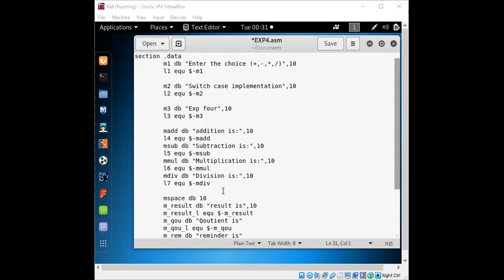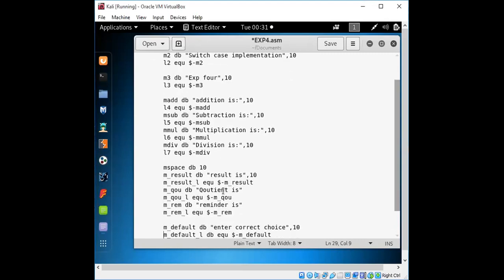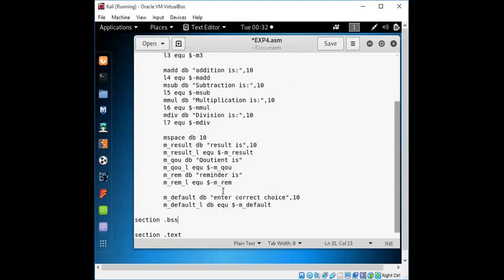So we'll take the BSS section, or reserve space. In this you can either mention the macro, or if you want, you can specifically mention it outside the BSS, also at the start of the program. It is like a general or common function call which we can perform with multiple operations. So you can mention it either in the BSS or at the start, that is before the data section, that is also allowed.